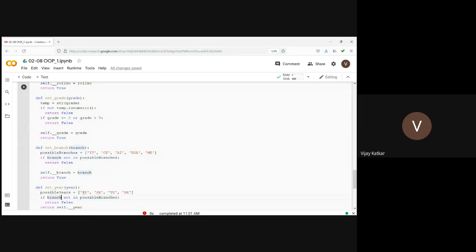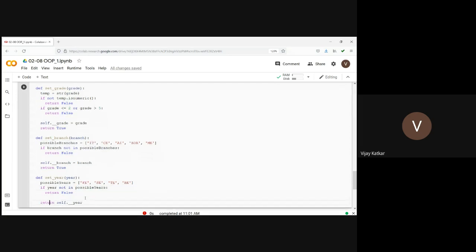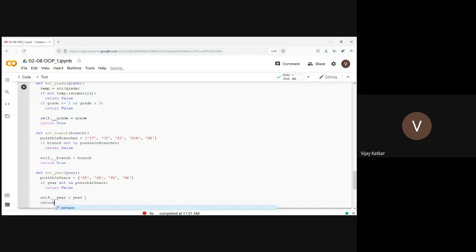And if the year value which is supplied is not in this possible years, then return false. Otherwise, the value is valid. We can assign the value of year and then return true. So this is how we can write get and set methods.